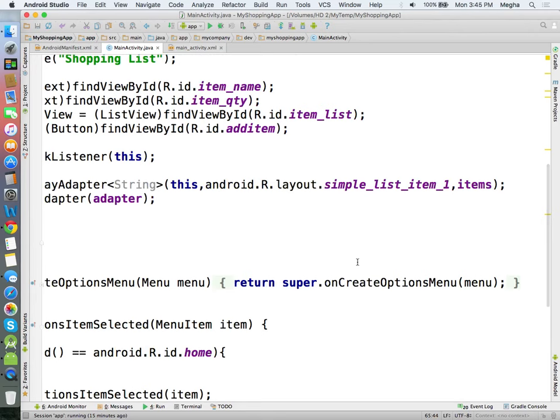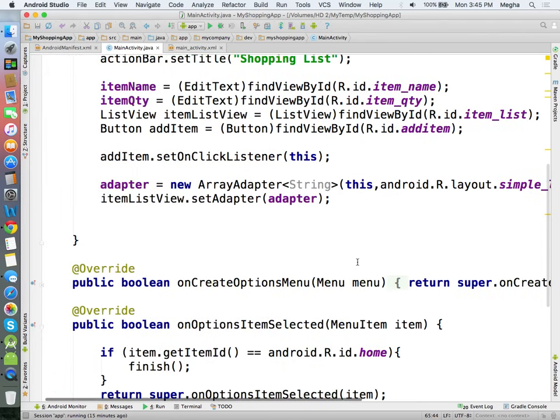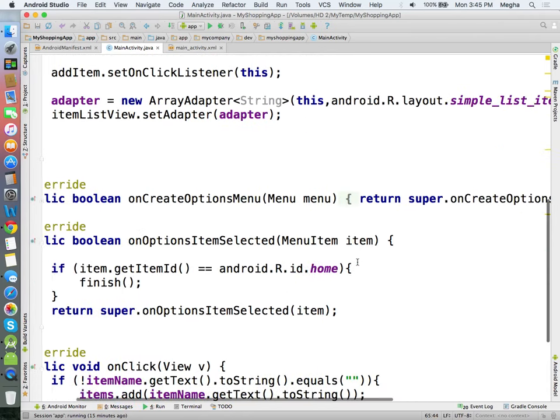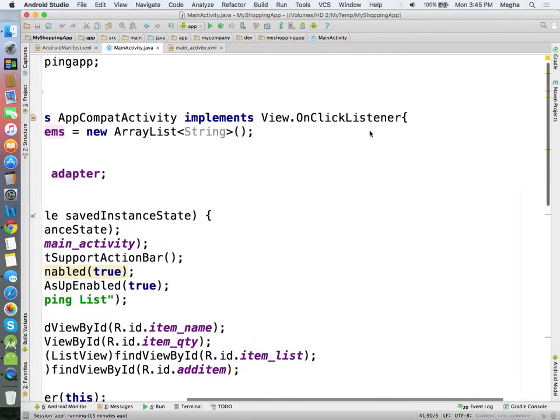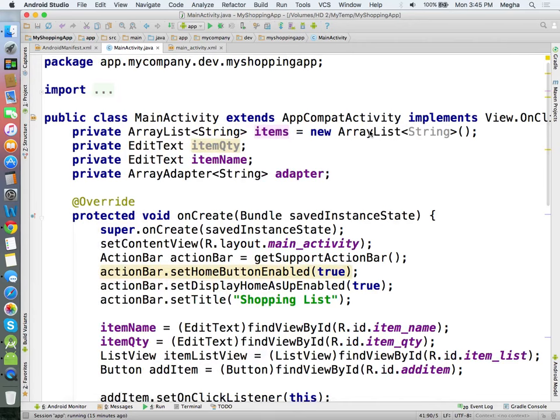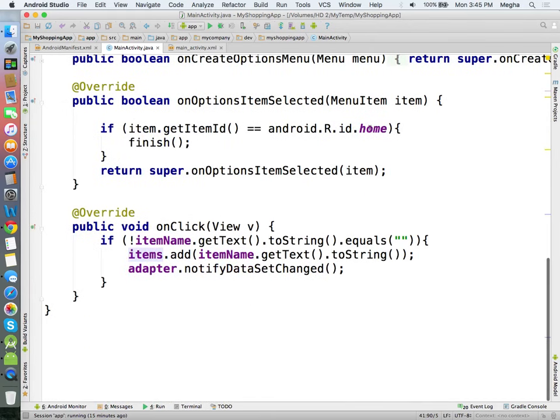Items means the array list we just created. And we are telling it to attach this adapter to this list view. I am calling it in onCreate, so the items will have nothing because items is an empty array. No values. The values will get added only when the user clicks, for example, the add button.